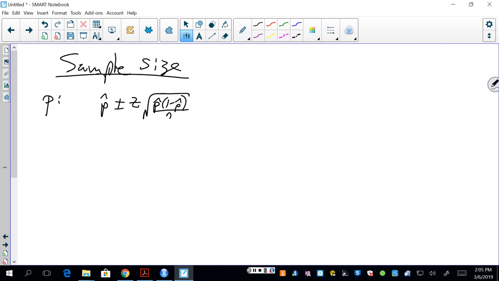So our confidence interval is p hat plus or minus some m. This m stands for margin of error. P hat plus or minus some amount. If we have our desired accuracy, we want to be plus or minus 3%, plus or minus 2%, plus or minus 10%, right? If we choose this as a goal,